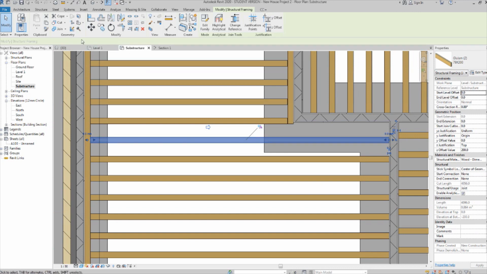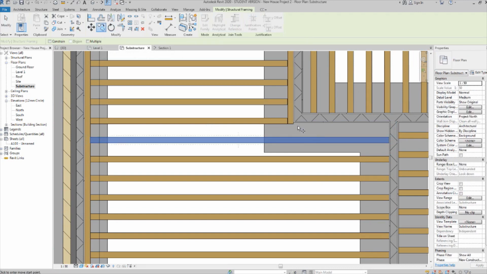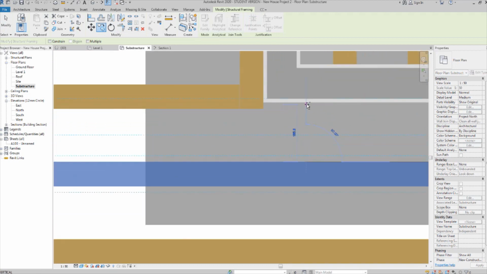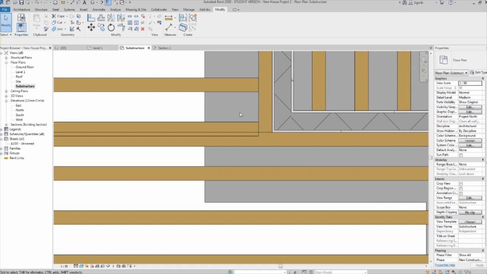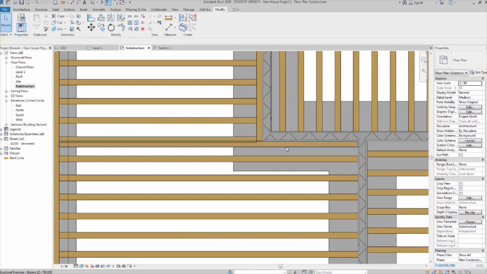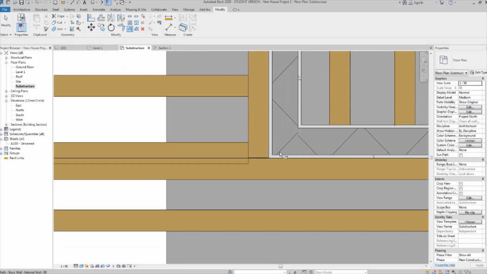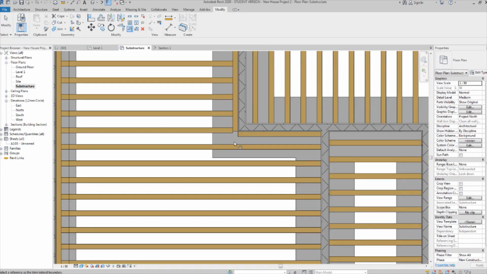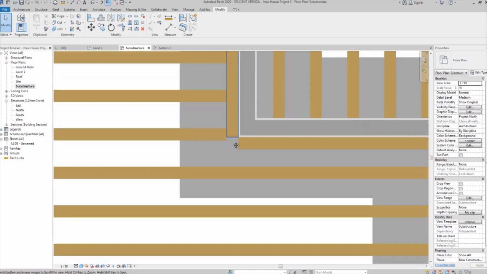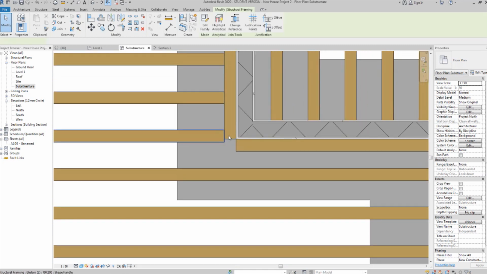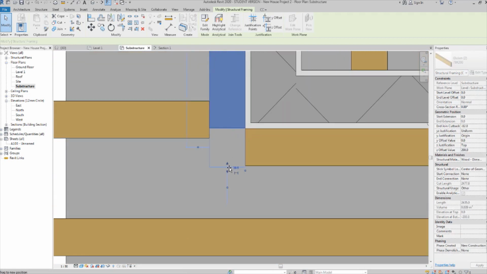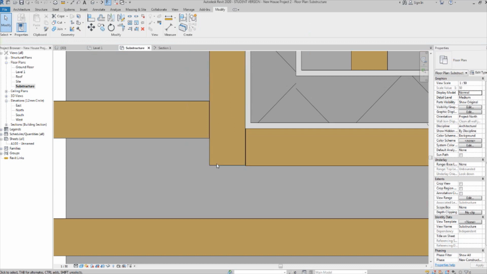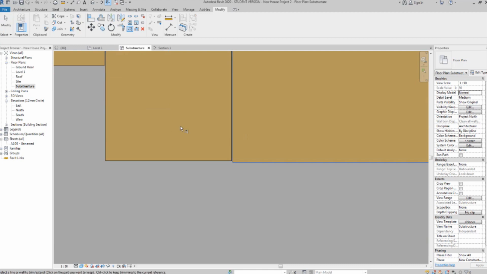Now we want to add another joist here. Copy up to here. Now let's see what would be the best design here. Let's pull this back and see. It would be ideal for this to sit flush against this, so I'm gonna drag this down. And I like everything to be perfect, so